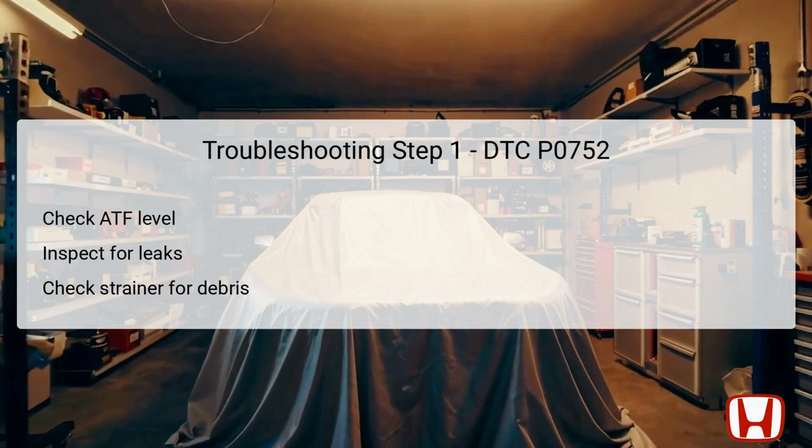The first troubleshooting step for the P0752 code involves checking the automatic transmission fluid, ATF, level and overall condition. Start by warming up the engine until the radiator fan activates, which helps ensure the transmission is at normal operating temperature. Afterward, assess whether the transmission is filled to the proper level, as insufficient or contaminated fluid can cause gear shifting issues. It is also essential to inspect for any visible fluid leaks, which could indicate a more extensive problem